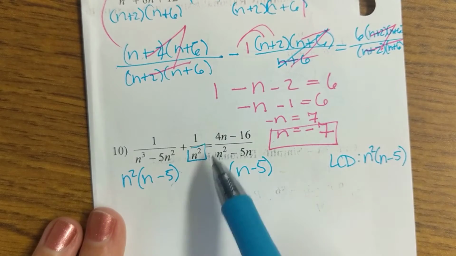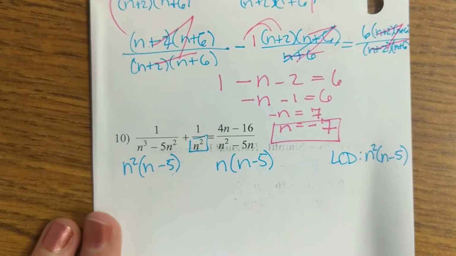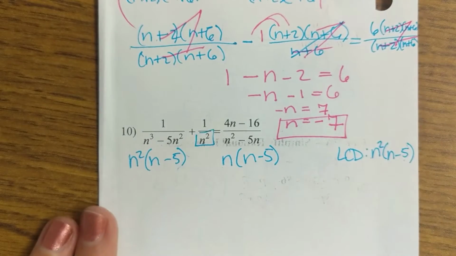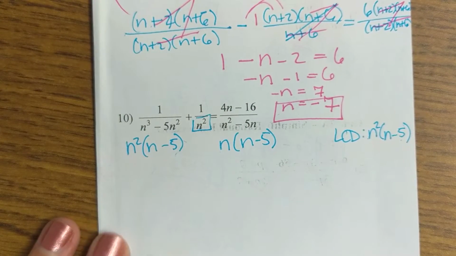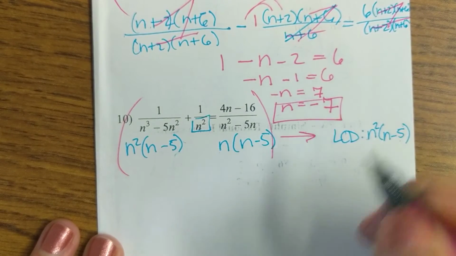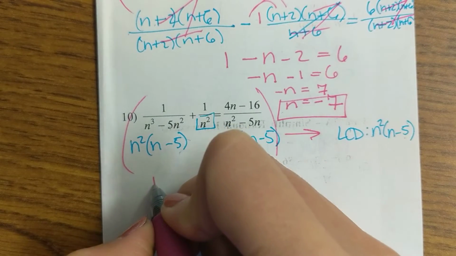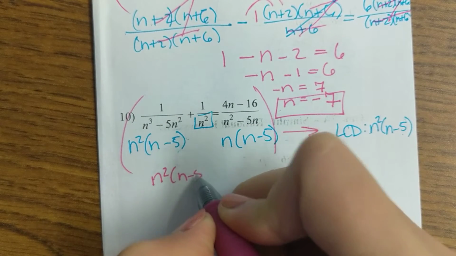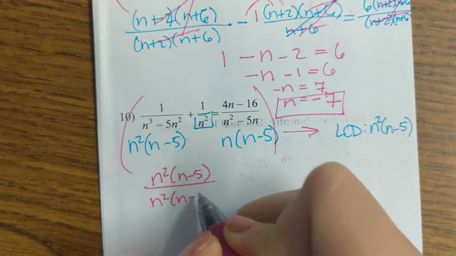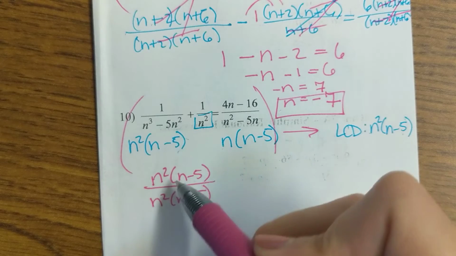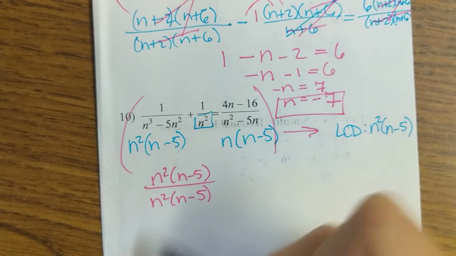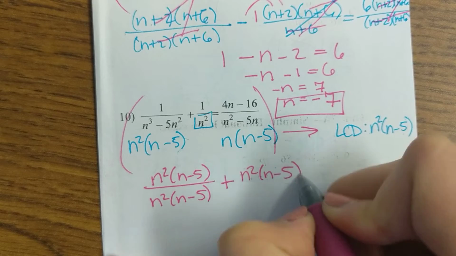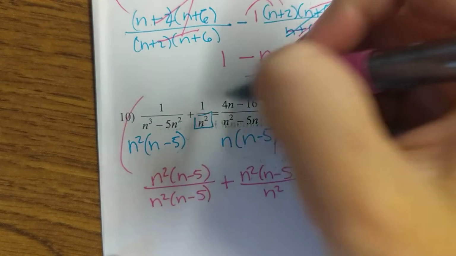These should divide evenly. Does n squared go into n squared times n minus 5? Yes, it does. It goes into the n squared. And then does n times n minus 5 go into n squared times n minus 5? Yes, it does. You'll have just an n to the 1 left over. So that's my LCD. You're going to multiply everything by that. 1 times the LCD. So I guess I'll use this. Okay. n squared times n minus 5 over n squared times n minus 5. Now, I'm writing the factored version of the denominator, so it's super obvious to me what we'll end up crossing off, reducing. Okay, plus n squared times n minus 5 over n squared equals,